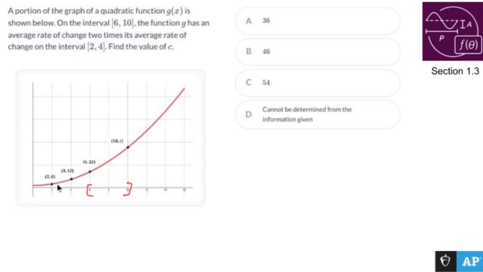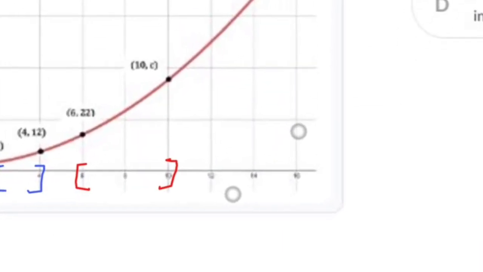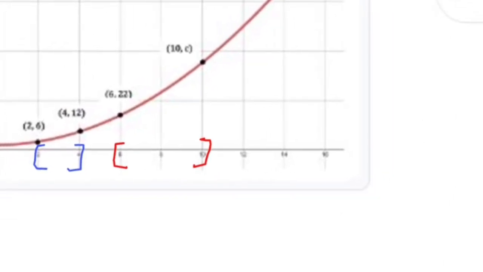Okay, so here's [2, 4]. And I'm going to zoom in a little bit so I can see. Okay, so here we are. I don't even know what it's going to ask, I'm just zooming in. Hopefully my screen adapts well to this. This average rate of change that I have here in red is going to be 2 times the average rate of change in blue. Now I could do the f of b minus f of a formula to do the